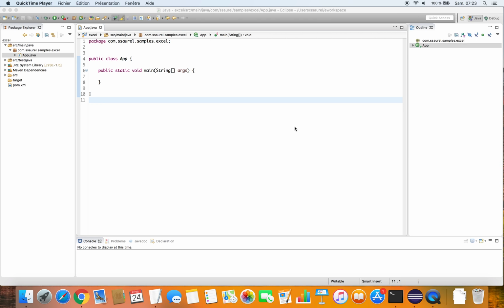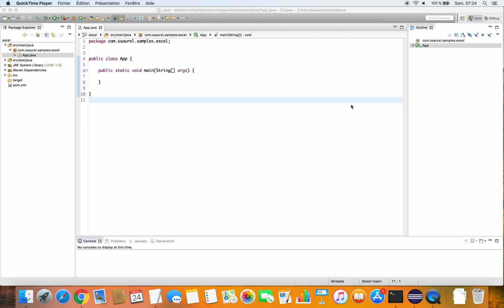It is always interesting to be able to generate Excel files in an application to propose reports to users, for example. In that tutorial, you are going to discover how to generate Excel files in a Java application. We'll generate XLSX files, but the logic and the API are the same to generate XLS files. For that, we are going to use the Apache POI API.